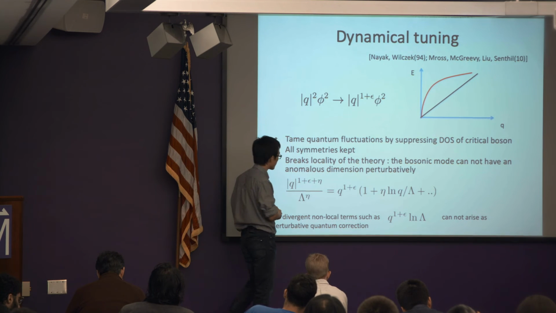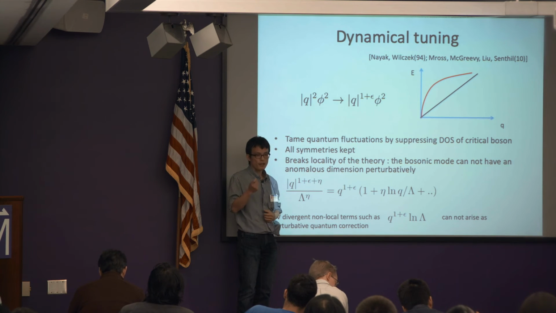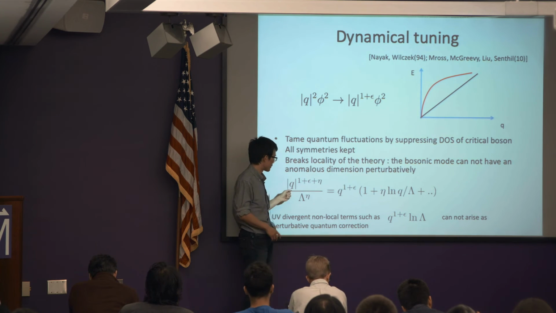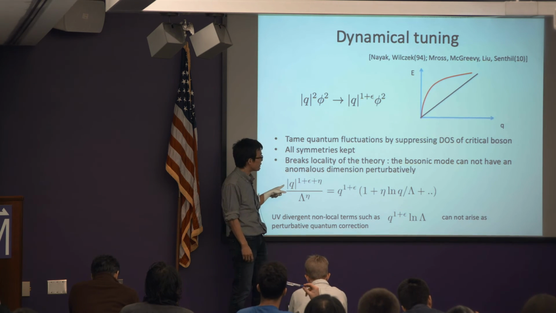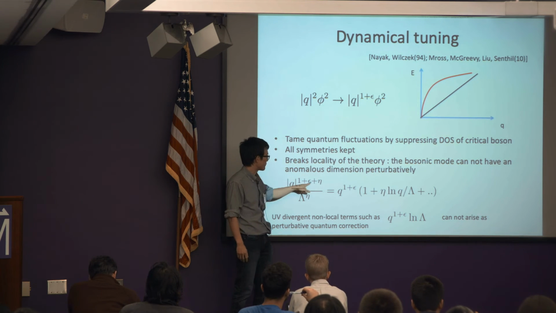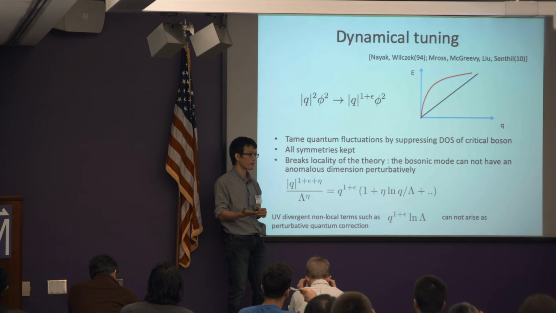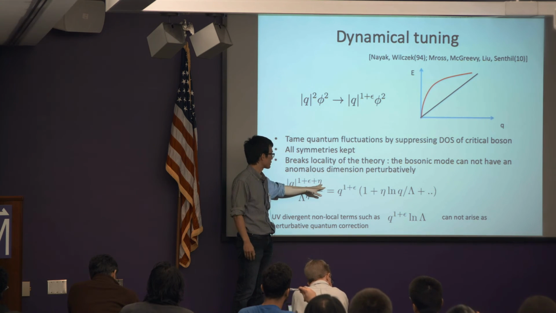Technically, what this means is that with this non-local kinetic term, the boson cannot have a non-trivial anomalous dimension. So for example, suppose the propagator of the boson has some power where eta represents the anomalous dimension, right? The correction